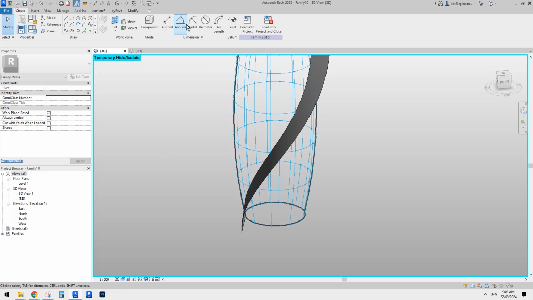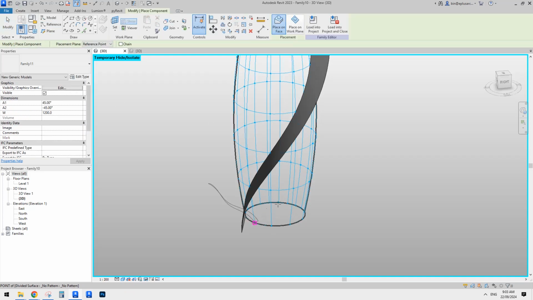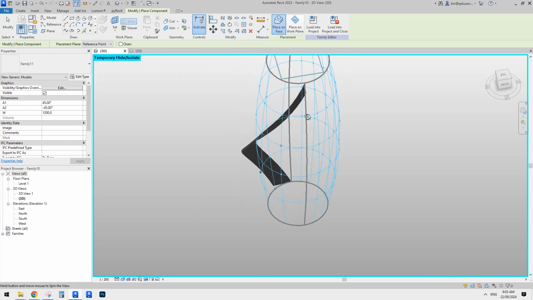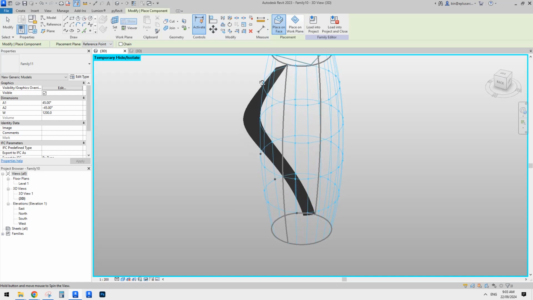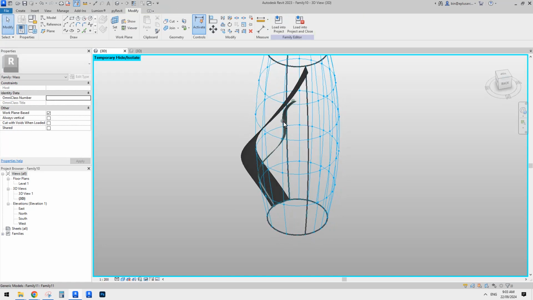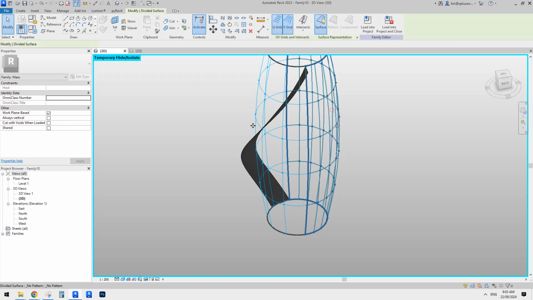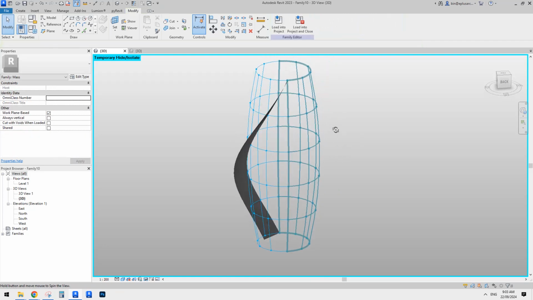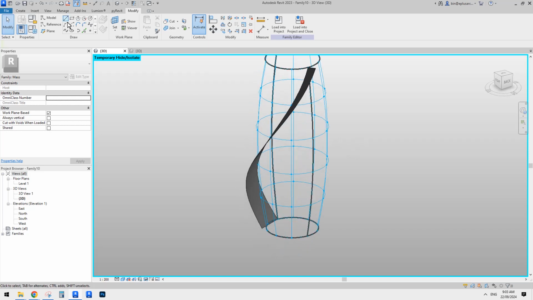So create component 1, 2, 3, 4. Where's the other one? Sorry, I forgot to change the grid. Change it to 5. Yeah, that's why it's very confusing. Sorry. Okay, so I'll just create another one and